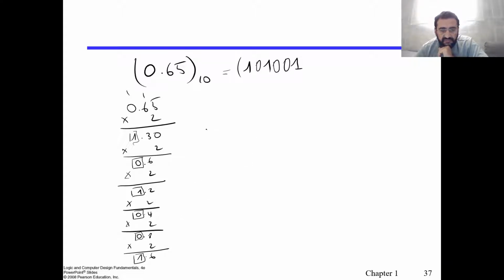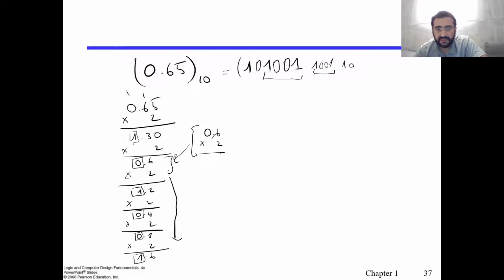Now we have 0.6 multiplied by 2, and we can see that this is exactly the same operation that is here. So we can imagine that we will repeat all these steps starting from this point. So we'll get 1, 0, 0, 1 again. So this result will repeat here indefinitely. So if we do not stop, we will never get to a point where we get a 0 at